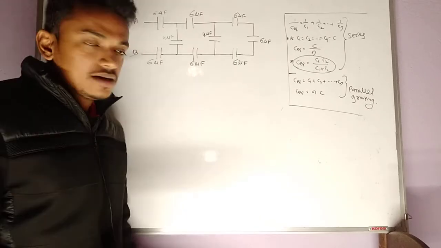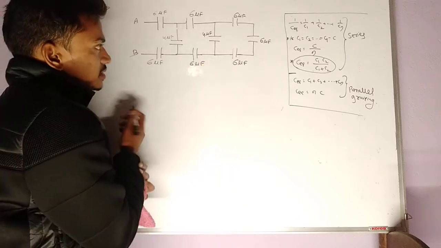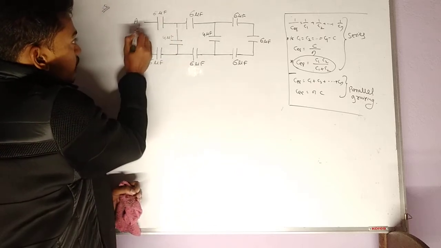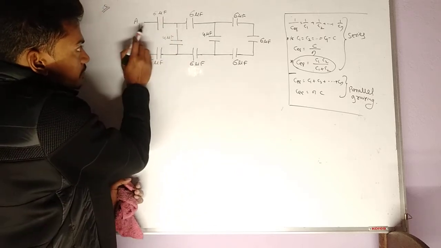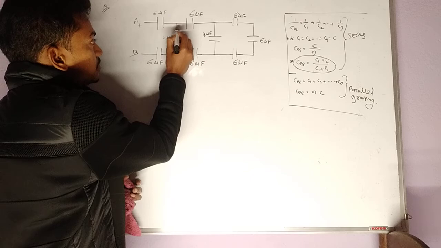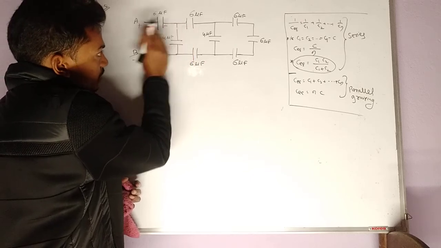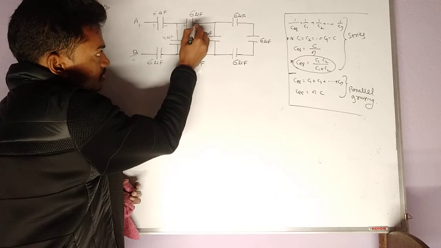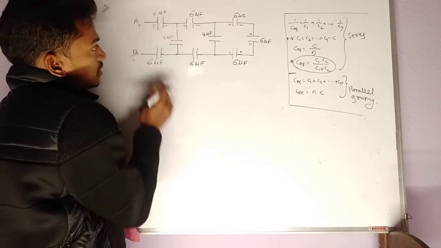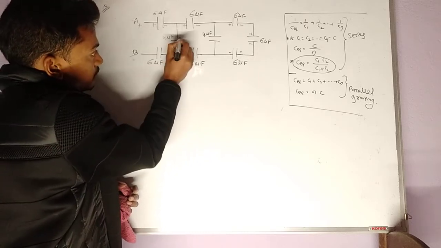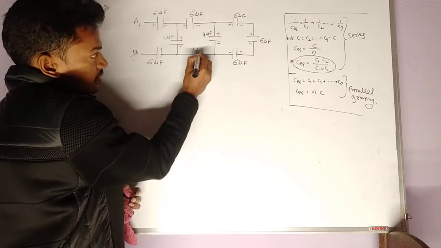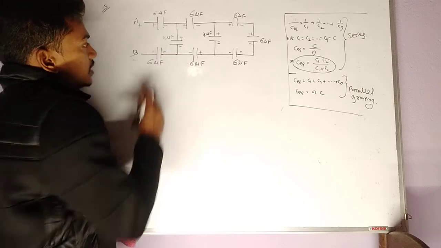Okay. Let us see another example. Find the equivalent capacitance between A and B of this arrangement. Okay. So A will be positive and B will be negative. So going from A to B, all the first plates are positive. This is positive plate. So the second plate will be negative. So positive, this will be positive, negative, this will be positive, this will be negative, positive and negative. This is plus and minus. Again, going from A, so this will be plus and this will be minus. So this will be plus and this will be minus.